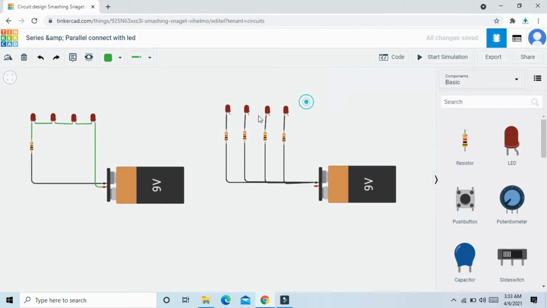Now positive anode pin connect to the positive of the battery. All LED connect to the positive of the battery.